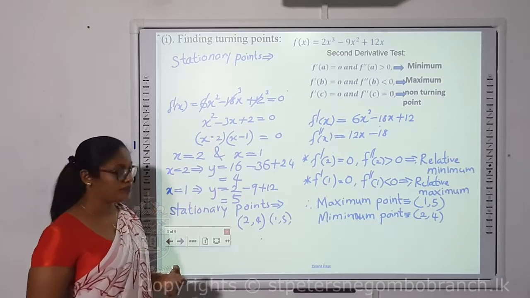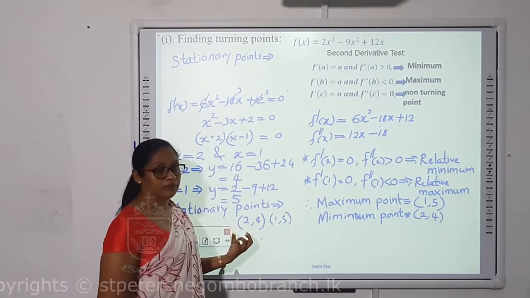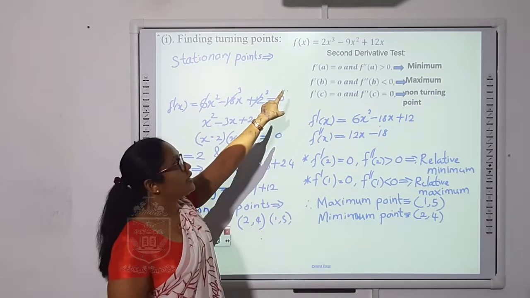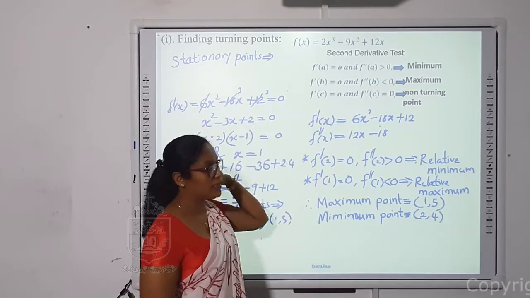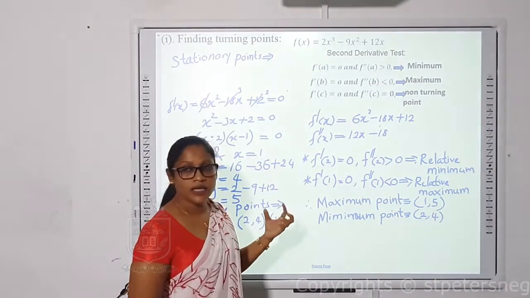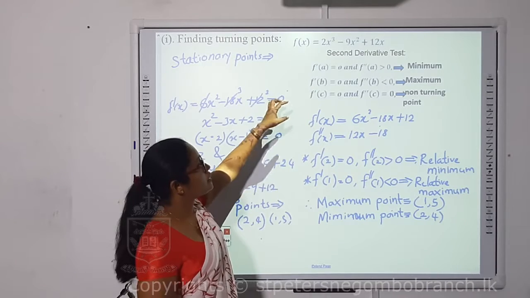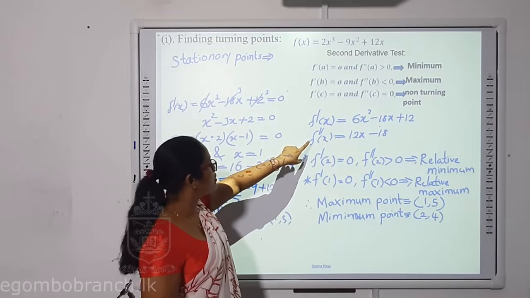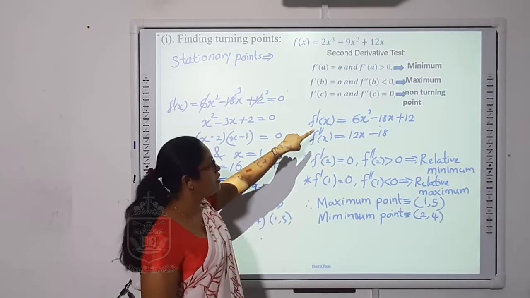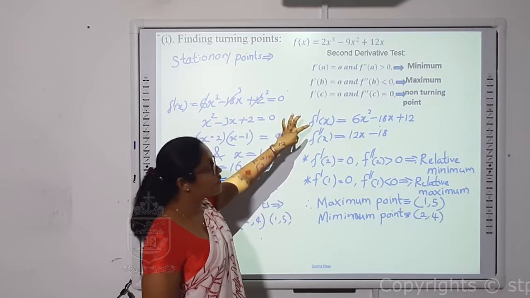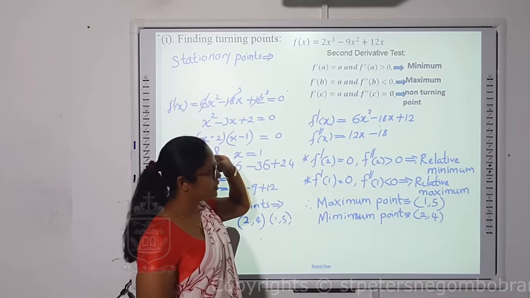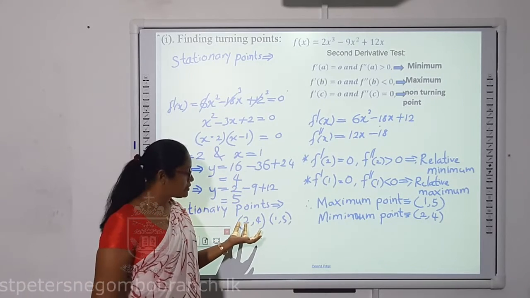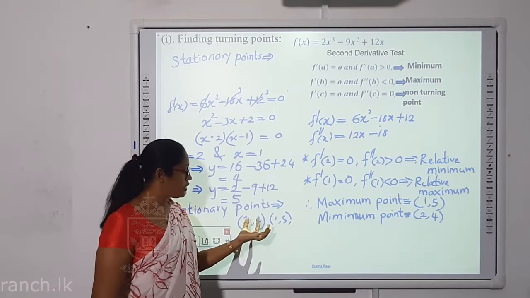Now the next thing is to decide which one is the maximum and which one is the minimum of the function. For that, I use the second derivative test, right? Previously I explained how to use the first derivative test, and here we use the second derivative test. To apply the second derivative test, we need the second derivative function. So I wrote again the first derivative and the second derivative here. Okay, we're going to check these 2 points. So I picked the x coordinates of these 2 points, 2 and 1, right?